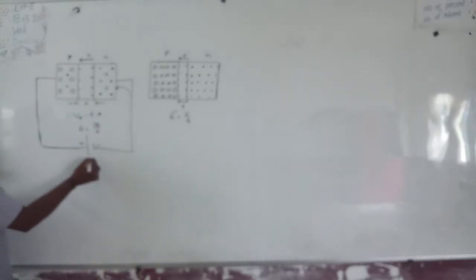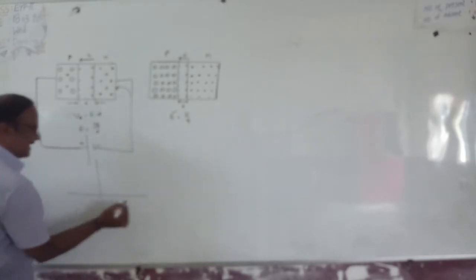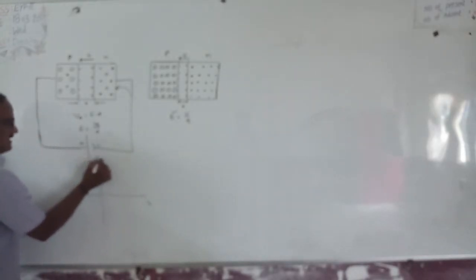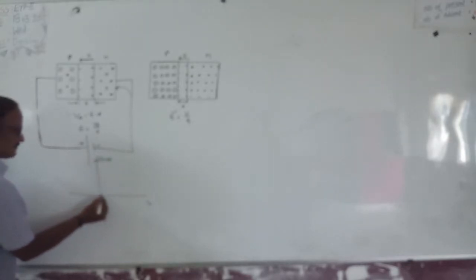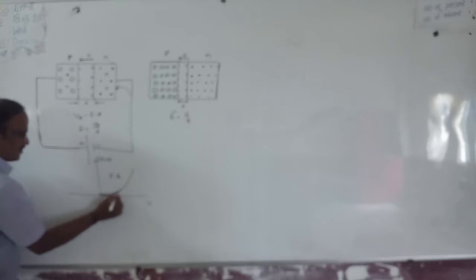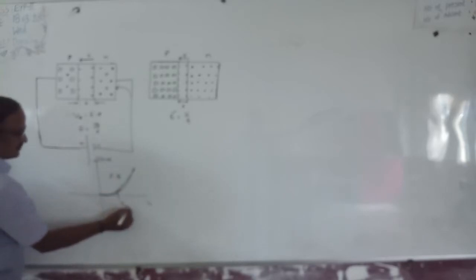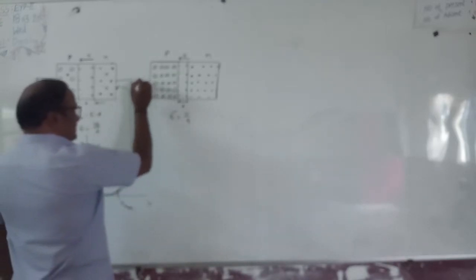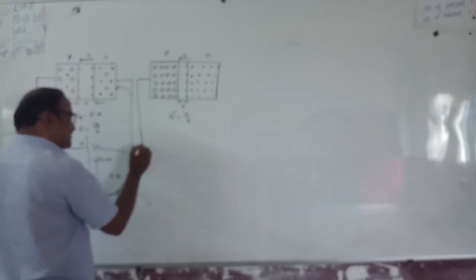So in forward bias, as the applied potential is increased gradually, the current passing through the junction diode also increases. Now a graph is drawn by taking voltage on the x-axis and current in milliamperes on the y-axis. That's why a graph is obtained like this, right? So this is called the graph in forward bias. Now again, in forward bias, the minimum input voltage at which the current starts flowing through the PN junction diode is known as the knee voltage. Knee voltage.